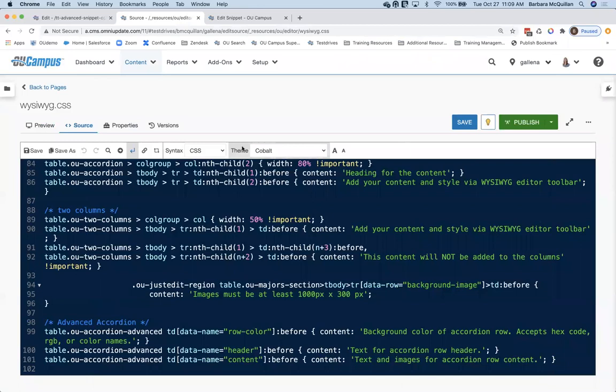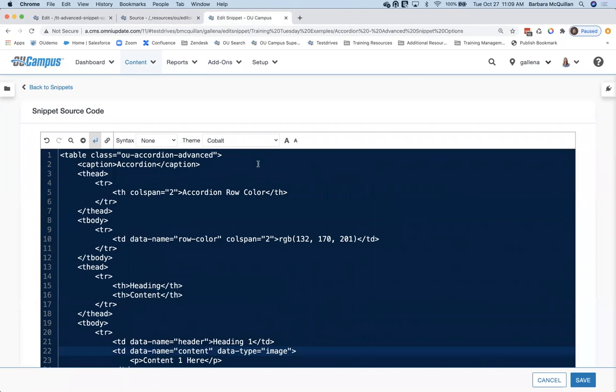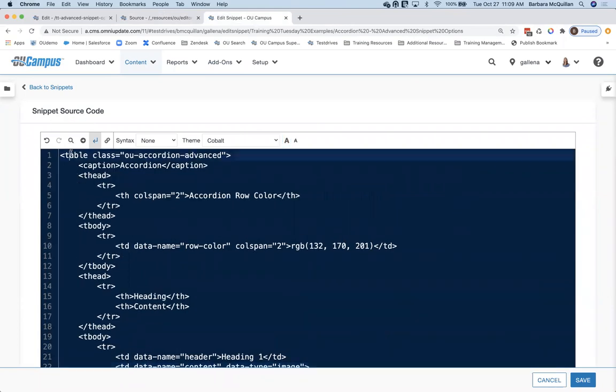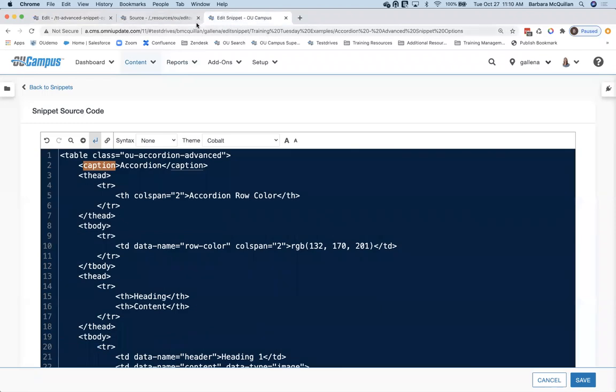So back over here into OU Campus. We're going to go ahead back into my content snippet. I'm essentially going to add an attribute here into any of the table cells that I do not want edited. So taking a look again at this table transformation snippet, I have my table node. My caption is creating this big bar across the top. And then each of these with the lighter gray, those are over here. Those are THs. So there's my table header here, or my table header here.